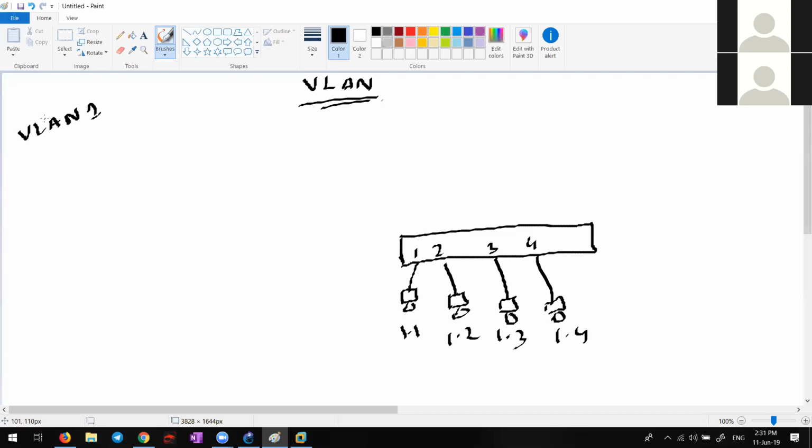The flash is where the IOS, the operating system of the device, is saved. In the same place, the VLAN database is saved as a file called vlan.dat. If you type show flash in real devices, or even Packet Tracer, you will see it; in GNS3 you won't. In switches you will see two or three files, and one file name will be vlan.dat. Only when you delete that file will the VLAN database be deleted. Next time you create VLANs, the file is created automatically, so you don't have to worry.